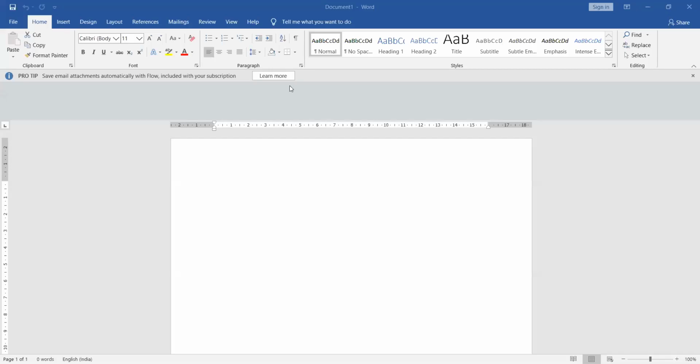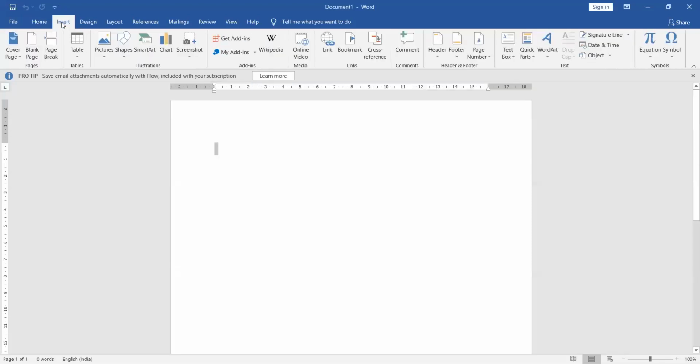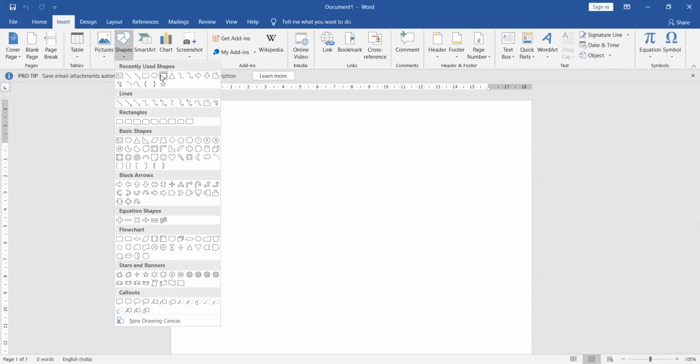So today we are going to learn how to insert. Like I told you how to insert illustrations, I told you how to insert picture, how to insert shape. Now today, in insertion of your shapes only, I'll be discussing the various formatting options that we receive once we have inserted a particular shape in our document. Okay. So for this, first I'm going to insert a shape in my document, then I'll be discussing its options.